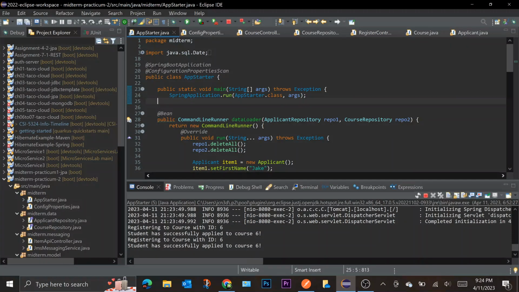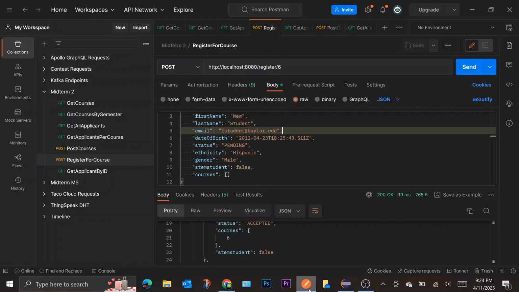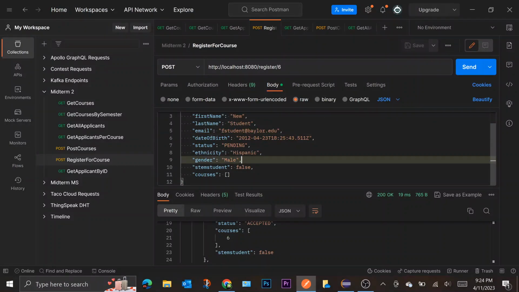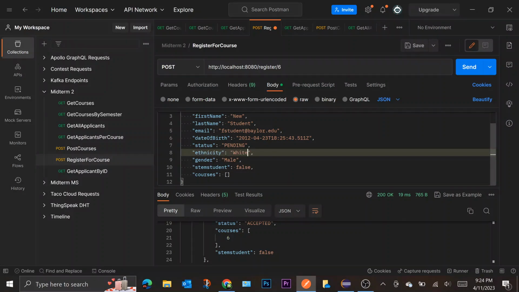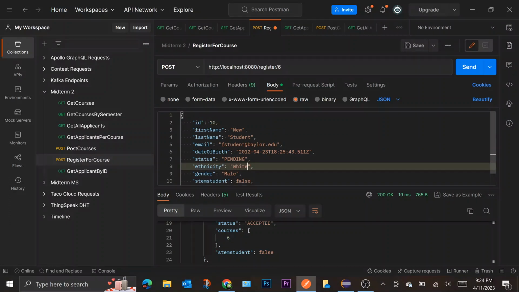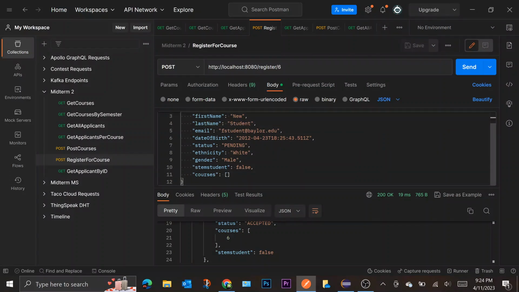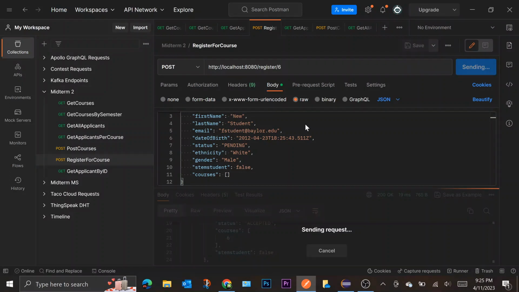Let me make sure the data is reset. Oh, the STEM student is false. That is why. That is actually an edge case I wanted to demonstrate later. But yes, so the early bird, regardless of STEM,